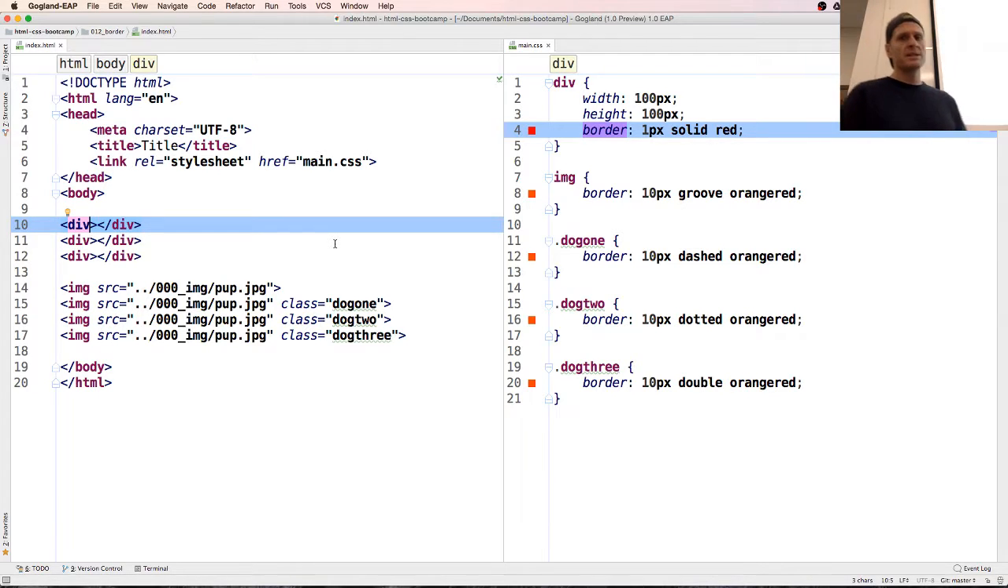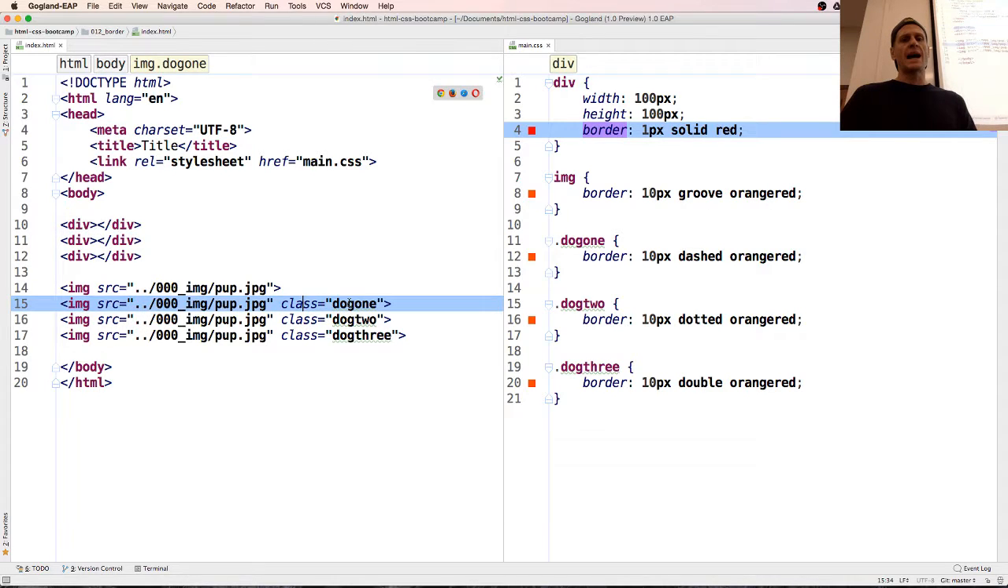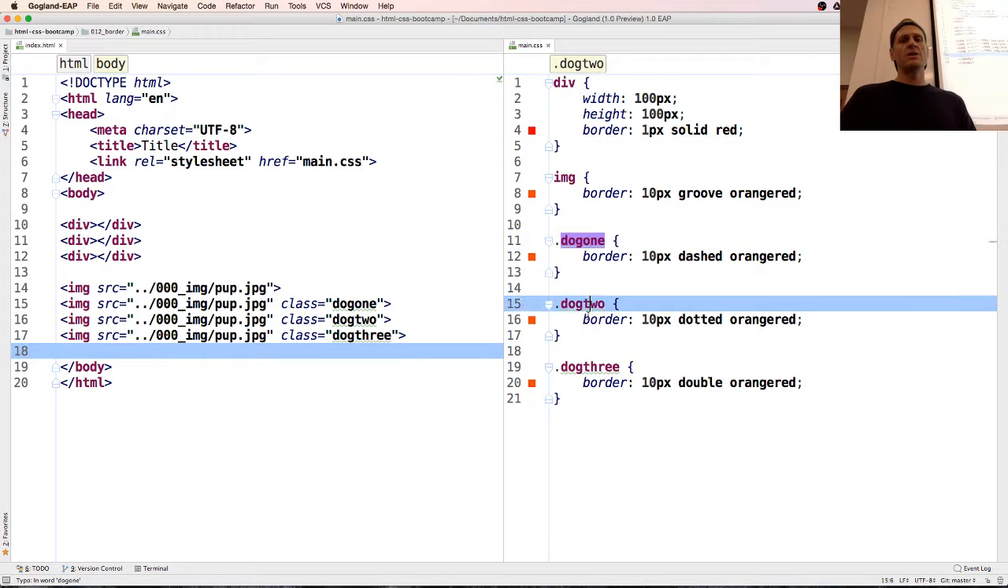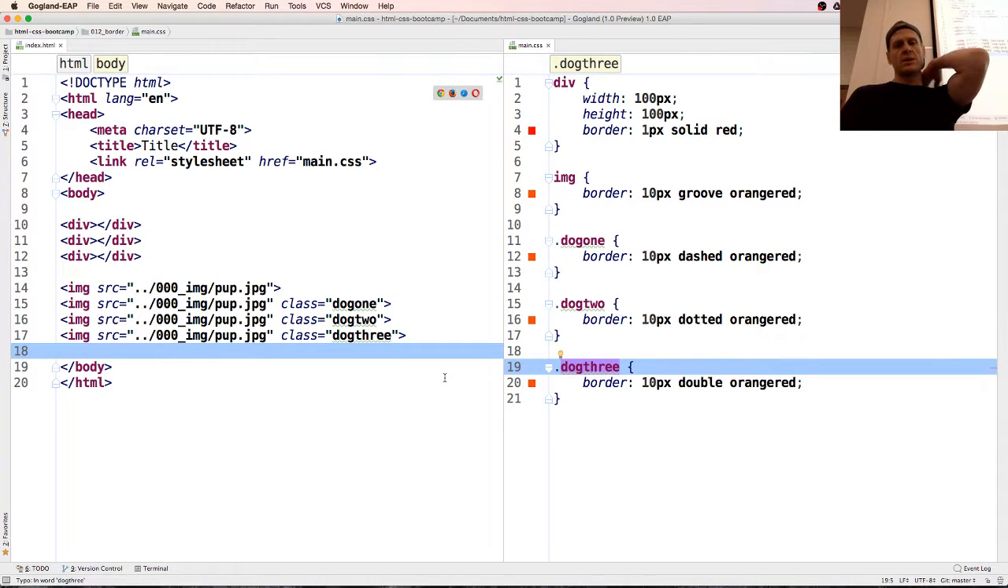So we've got a couple of divs, and they're going to have a width and a height, and they're going to have a border of 1 pic solid red. Okay, so border 1 pic solid red. And then we have a couple of images, and those images will have a border of 10 pics groove orange red. And you can see some of these have a class to them, dog1, dog2, dog3. And so I've targeted those classes right there, dog1, dog2, dog3. And you might be asking, how if you have 2 rules applied to the same element,